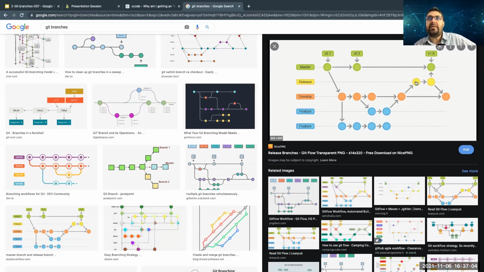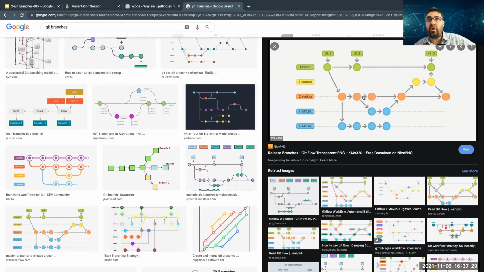Then one more commit is added, like here, and you have another commit here. Finally, it's merged to version 1, and also merged back to develop. So the merge means, as you see, there are changes here, one change here, and then another change in a different branch, which was forked from this commit.